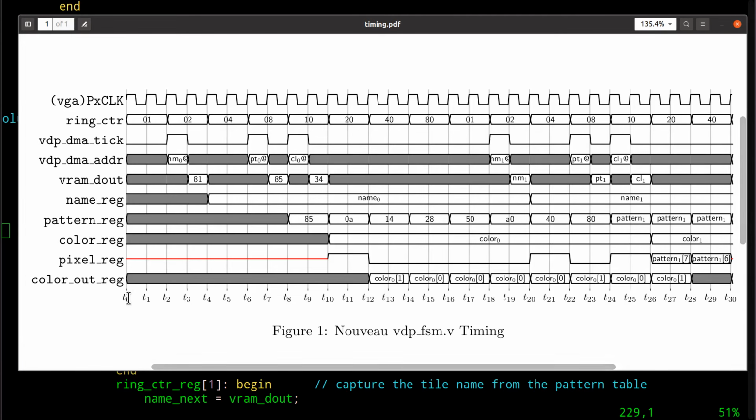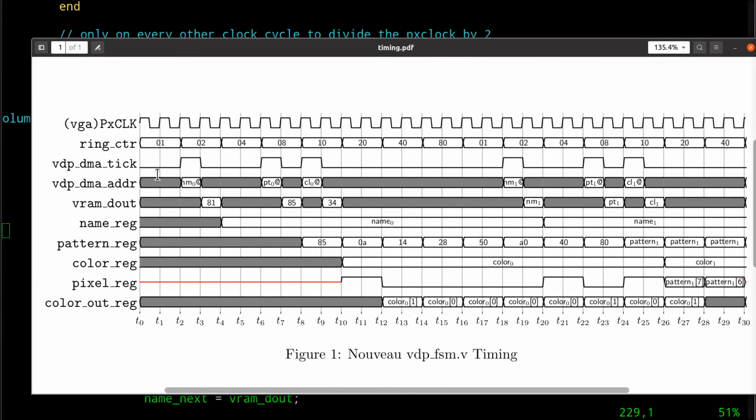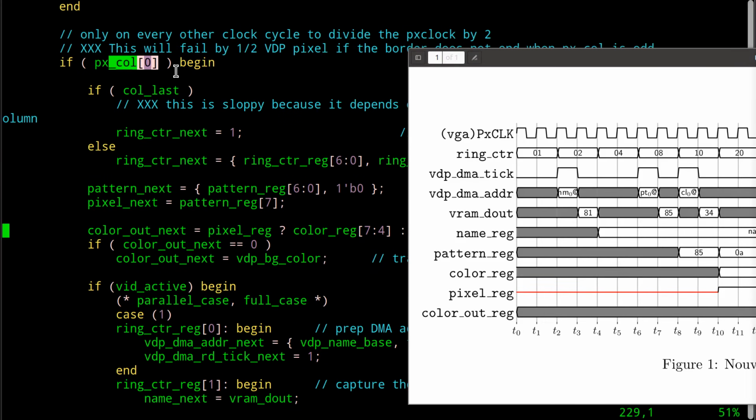So look at this. I'm at T0. This is an even numbered column. If you watch the pixel column here, we can zoom in on that in the waveform. This is going to be an even pixel column. That's going to be odd, even, odd, and so on. And what that's doing here is telling me that the state machine logic here will only change the next state when I'm on this right-hand side of each one of these phases. And that is what we'll see during phase 1, where it says calculate the DMA address